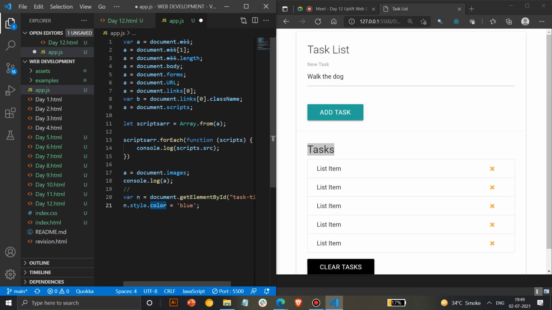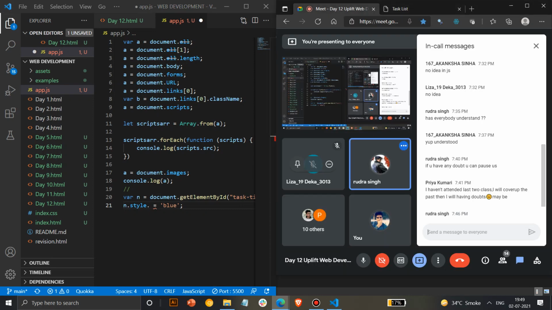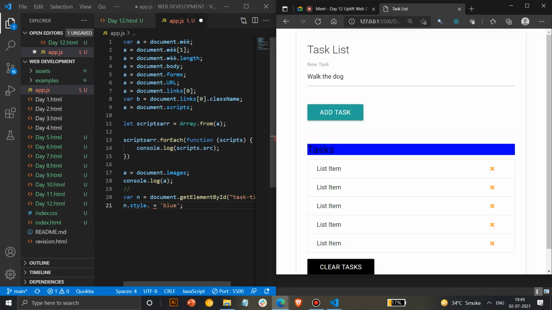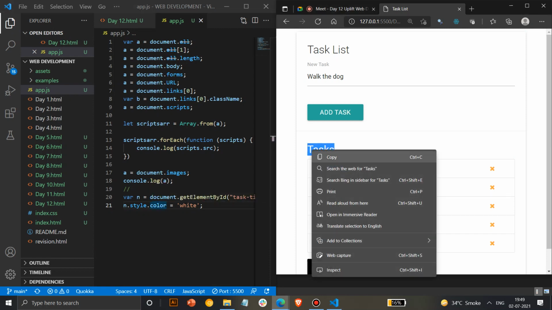We have color, we have background color also. There's one specific attribute which can be used to disable this. Let's try. If you do blue, background turns blue. Easy one is to make the color white. That's also a right answer. You can make the color white, and you can't see it most probably. Yes, you can't see it, but it's not correct. Anybody can inspect the element and find it.